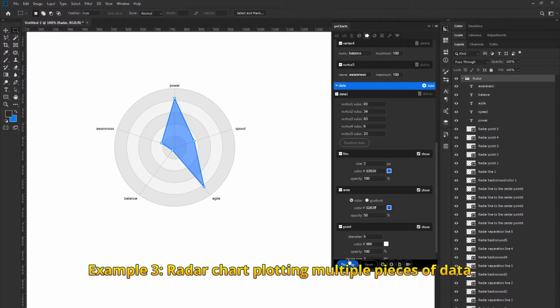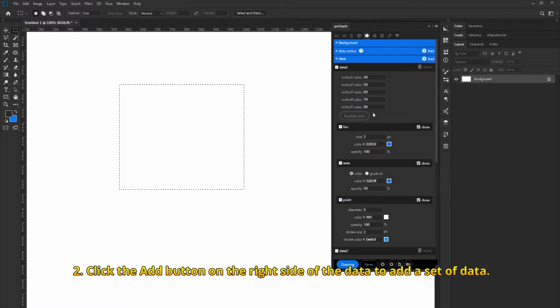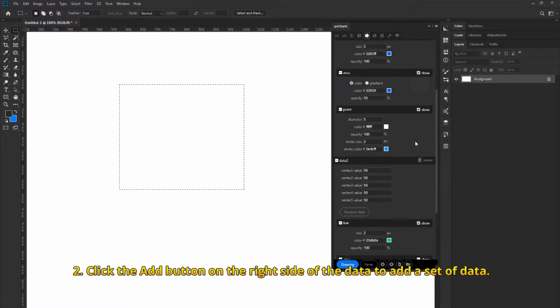Example 3. Radar chart plotting multiple pieces of data. 1. Open PS and use the rectangle marquee tool to draw a rectangle box and interface to determine the size to be drawn. 2. Click the Add button on the right side of the data to add a set of